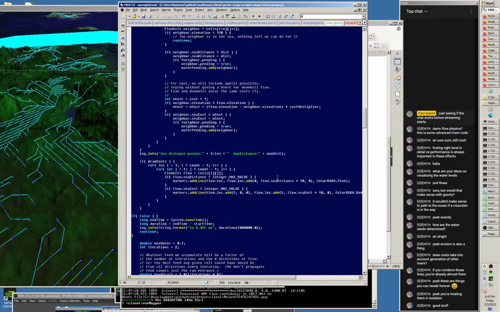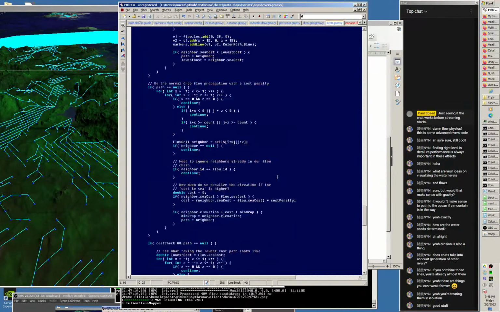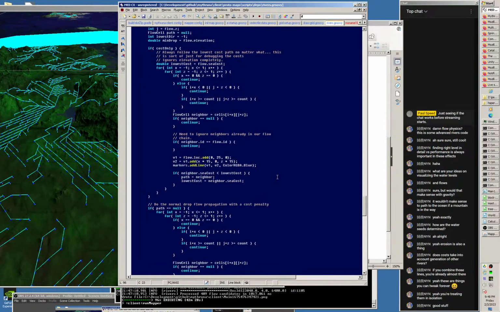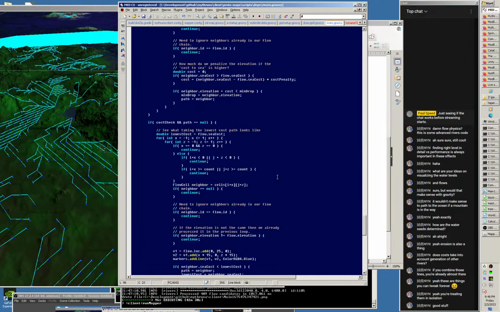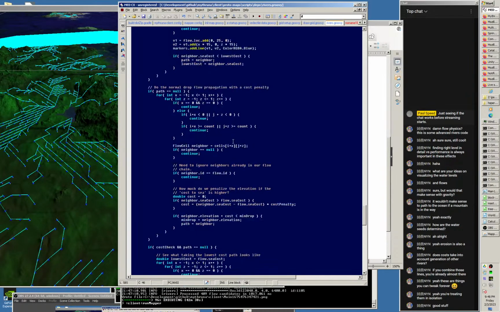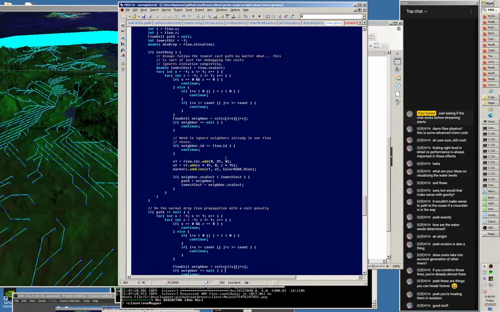So we will deal with that, and one of these loops is already cost based, which is the one that takes the lowest cost to reach the sea. Well, first of all, cost only is the one we're dealing with now. We could weight this by